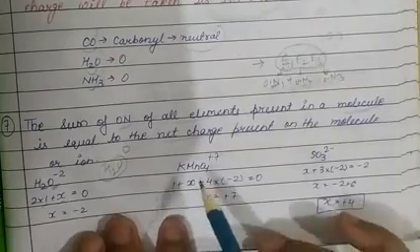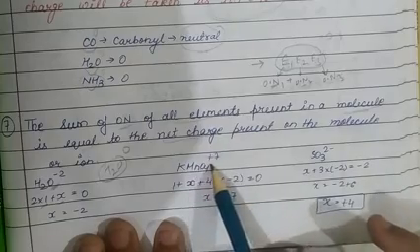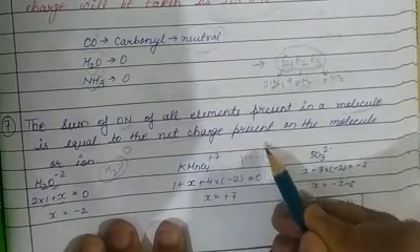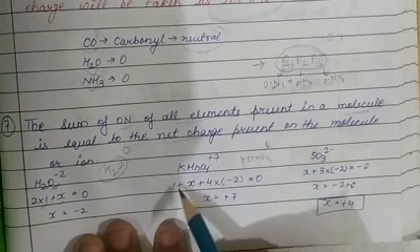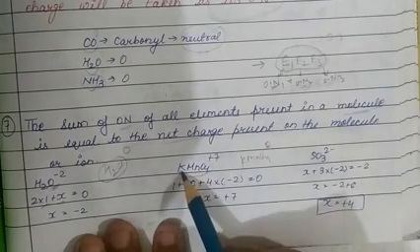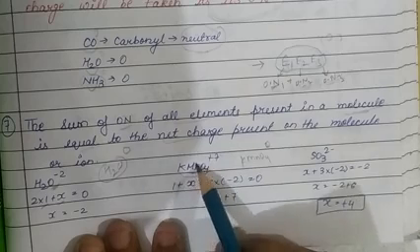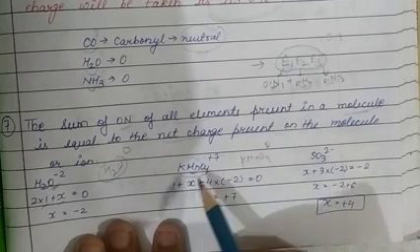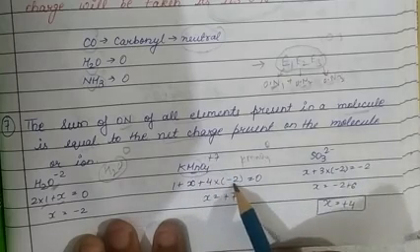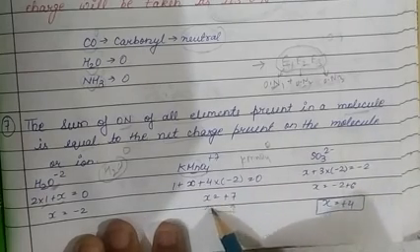See the next case. The next case contains potassium, manganese, oxygen, 3 elements. So in KMnO4 there is no charge, 0 charge. So we can say that the sum of oxidation number of all elements is equal to 0. Potassium, alkali metal group 1, plus 1. Let X be the oxidation number of manganese, plus X. And oxygen is present in this case in the form of oxide. So plus 4 into -2 equal to 0. We get the oxidation number for manganese equal to +7.